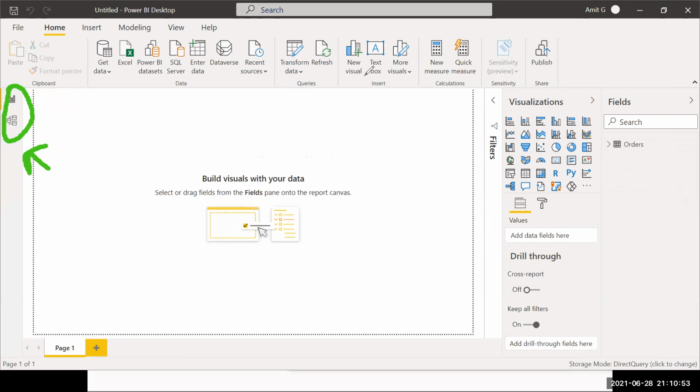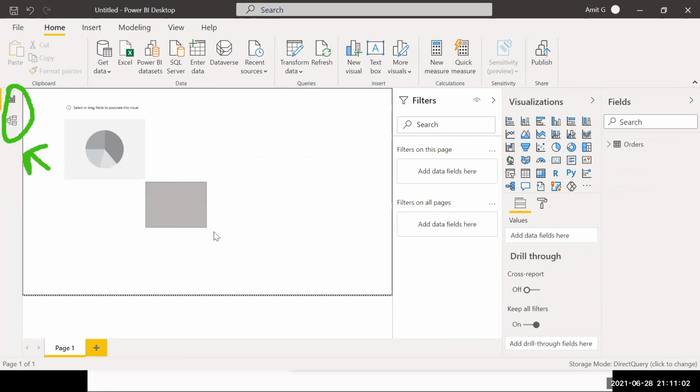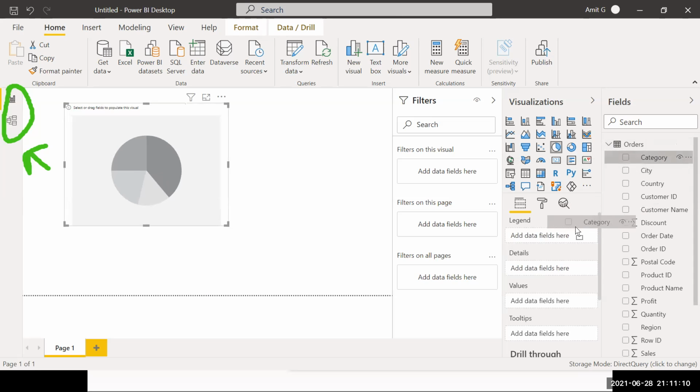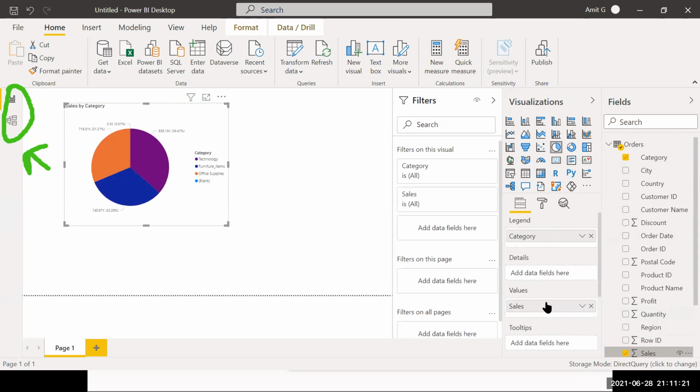Whenever you create a chart, suppose you create this pie chart and drag some fields over here, Power BI is going to write a query at that moment, send that query to the SQL Server database, and fetch the data accordingly. So this is what is going to happen. This chart that you see, Power BI has written a query, sent it to the SQL Server and created the chart.